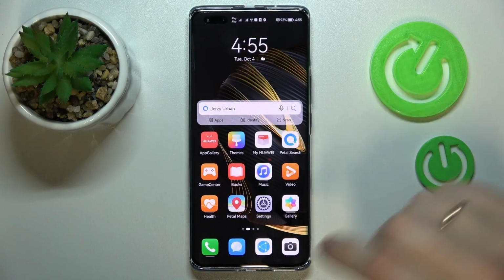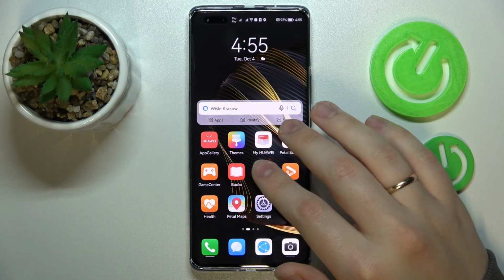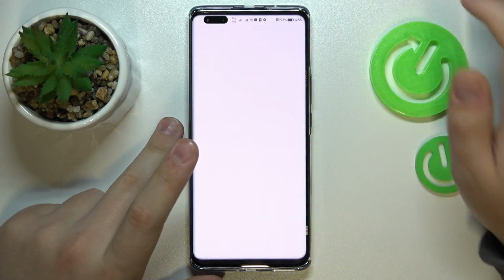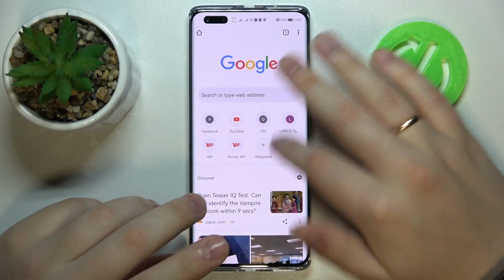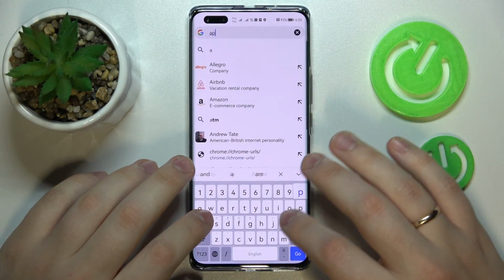Thus, if you would like to still set this option to be never, we will need to use the help of the free third-party application that is called Caffeine. So in order to obtain it, unfortunately you cannot get it from the app gallery, so you gotta open any browser of your choice. Then go to the